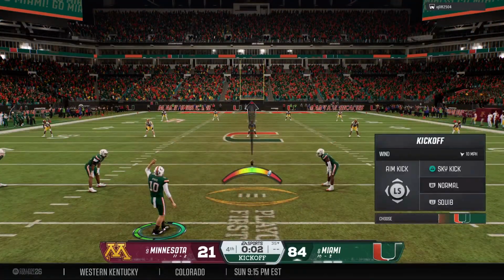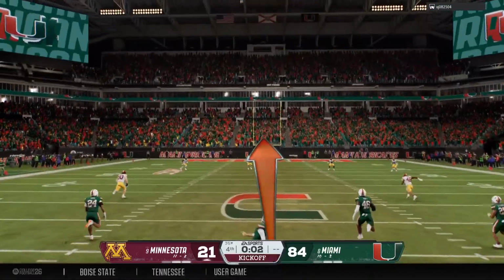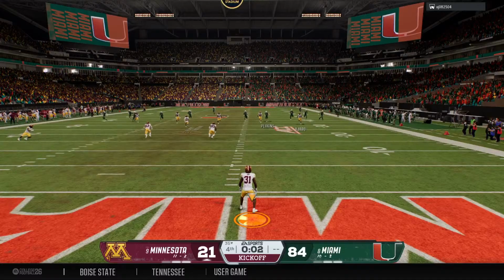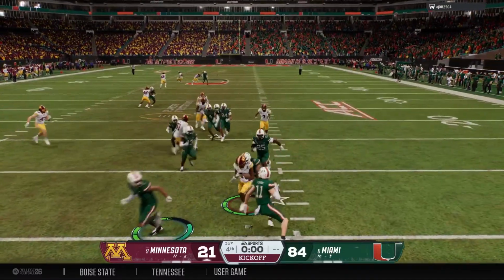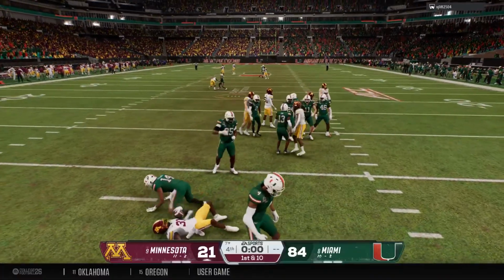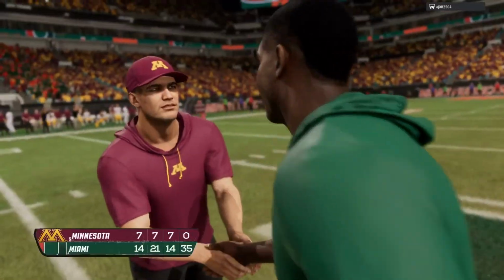Kickoff team out there, they are fired up after just scoring a touchdown. Number 10, set to kick it off. And he's going to bring this out from a couple yards deep in the end zone. And the returner is brought down as the clock expires. That will wrap up this football game.